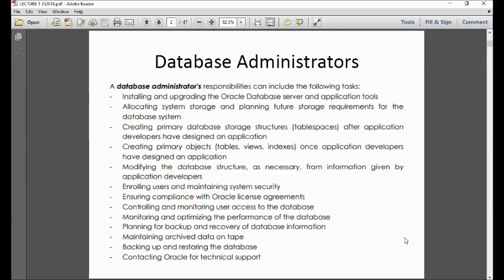For a small database it's easy, but if you are part of a multi-million company, then definitely maintaining the database is really very hard. And this is where the money is, I'm telling you. A database administrator is responsible for installing, creating, modifying, enrolling, controlling, everything in the database. That is if you want that job.